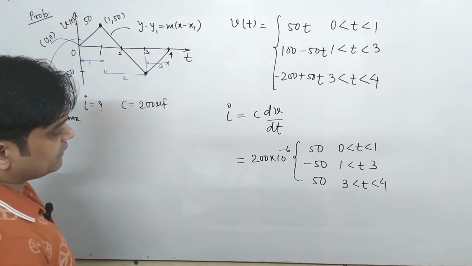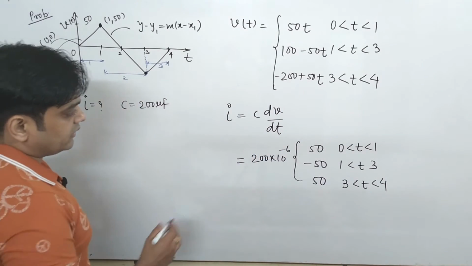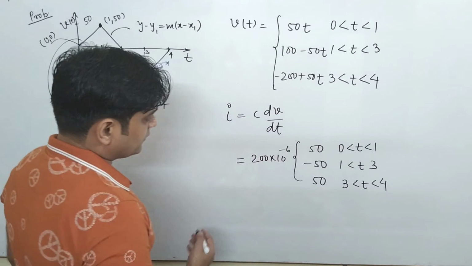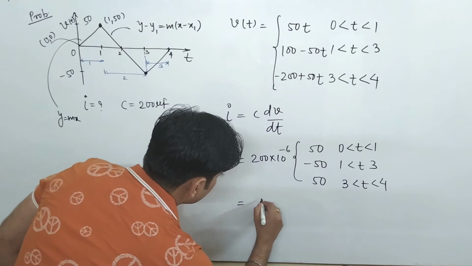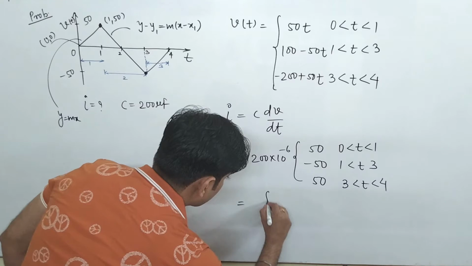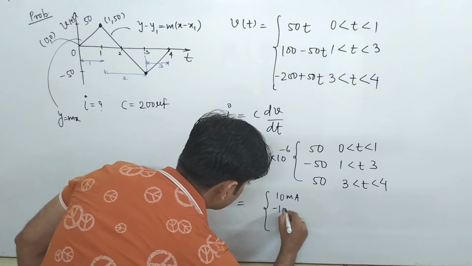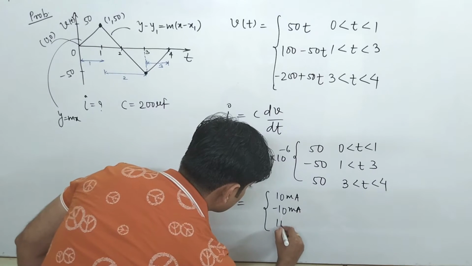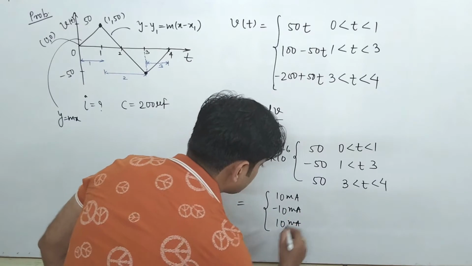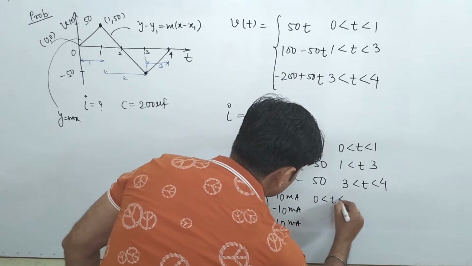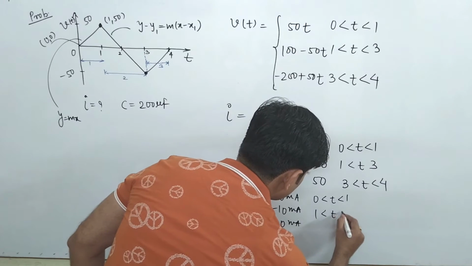Okay, so these are our time intervals. We simply find it and multiply it, so that comes to be around 10. So it is 10 milliampere, you can say it is 10 milliampere minus, you can say it is 10 milliampere plus. So this is your answer.